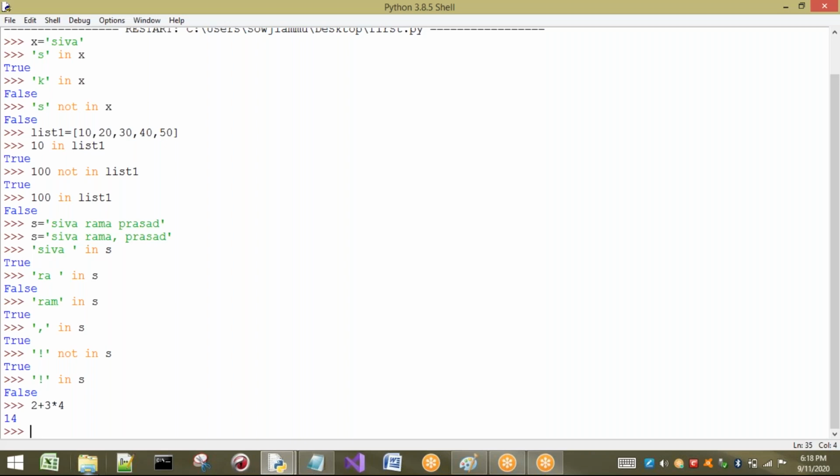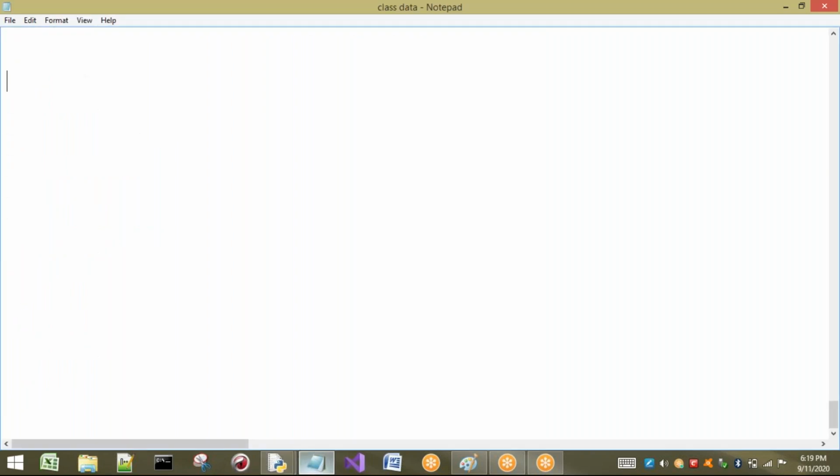We have seen many operators here. Among them, if multiple operators are present in a single expression, how will the evaluation be done? Let us see the hierarchy, so that it will be easy to evaluate expressions manually also.